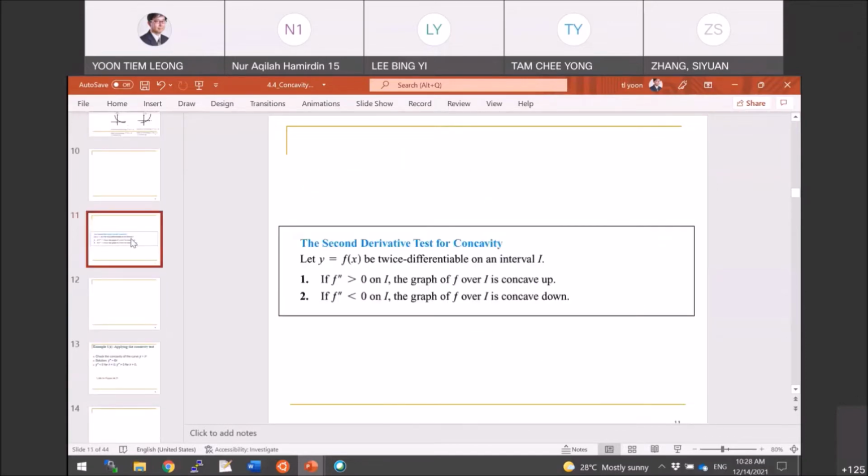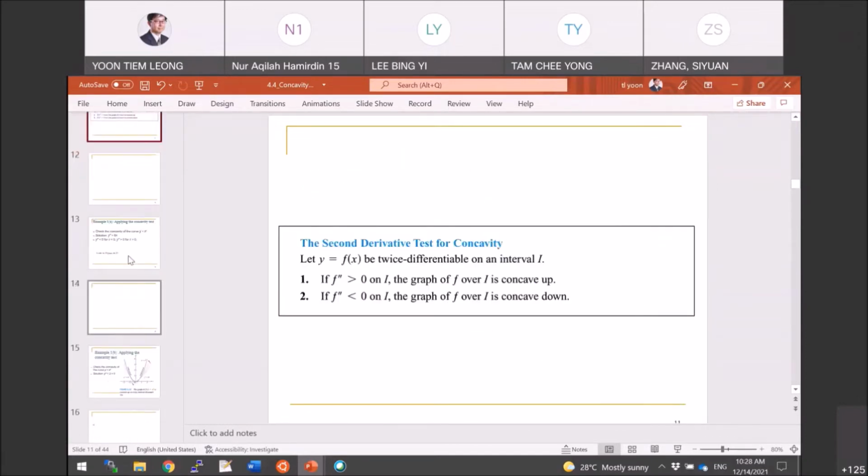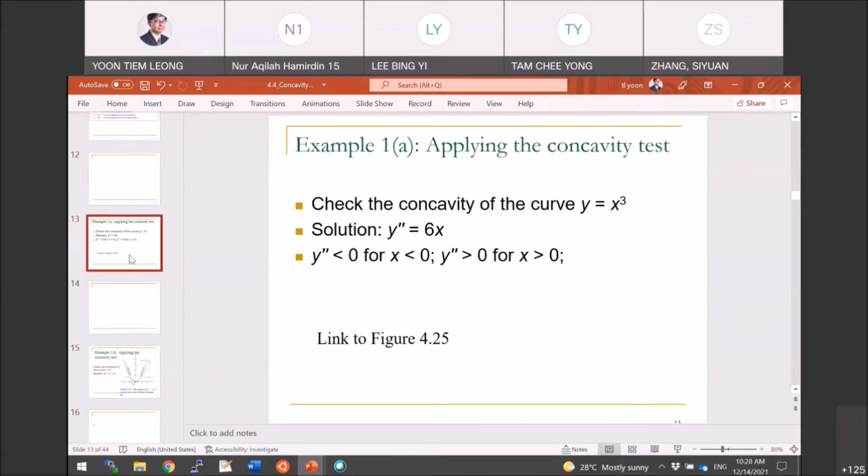Now at this stage we have learned how to decide the concavity. Let's look at a very simple example. You have a function y equals x cubed, and you're asked to find the concavity. Basically, this question asks: I give you a function, tell me in what intervals the function has a positive concavity, and in what intervals the function has a negative concavity. To answer these questions, you have to know what concavity means, and you have to know how to check the